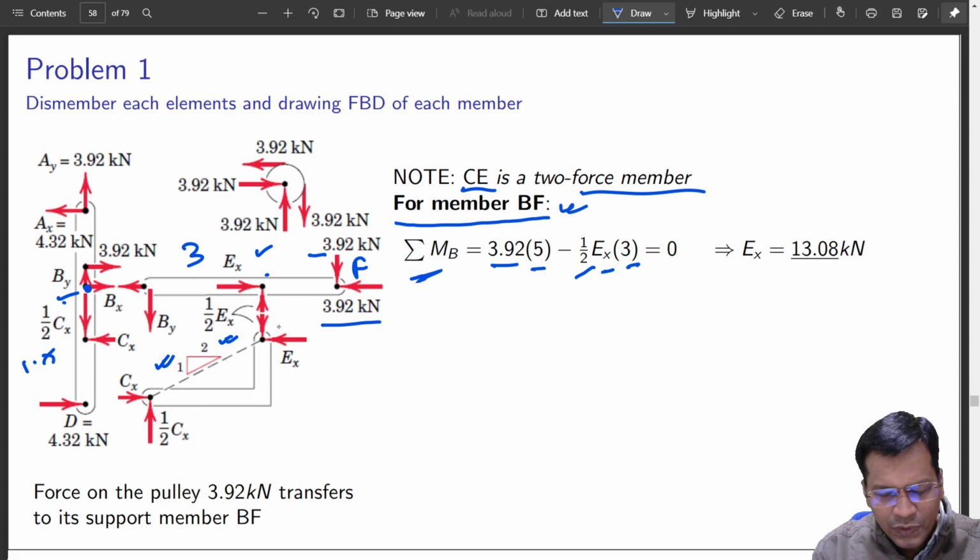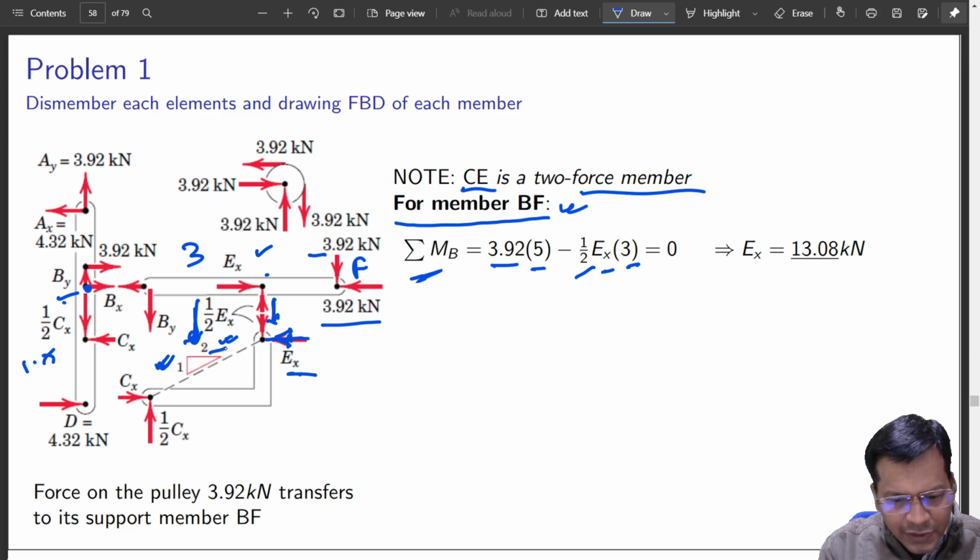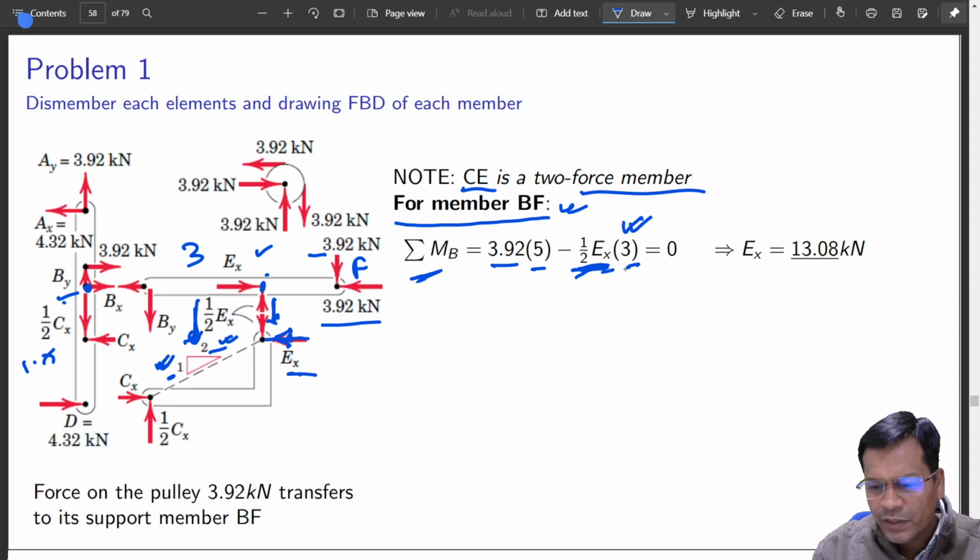So if this force is half into Ex, let me just check. Half of that, yes. Horizontal force as Cx. Yes, obviously. So I have to take the tangent component of that. So that is why it is this. So this should be half of Ex because you see this ratio is like this. Even if it is tangent it doesn't matter. So it has to be half of Ex. So that is what is making it half of Ex. And this is the distance from here to here. Okay. So Ex is finally